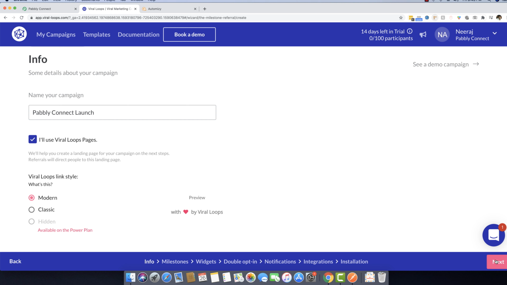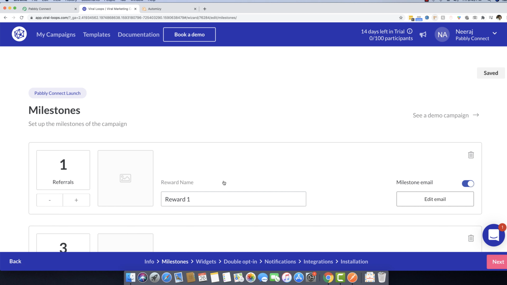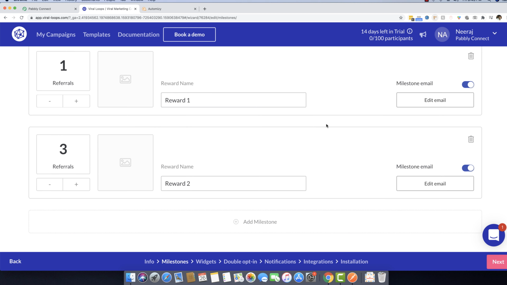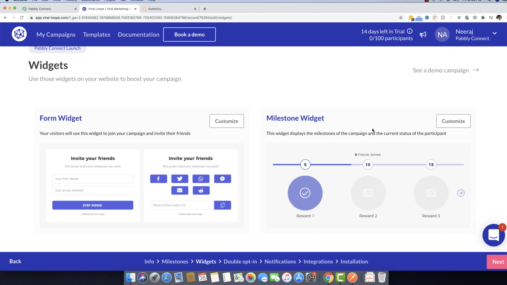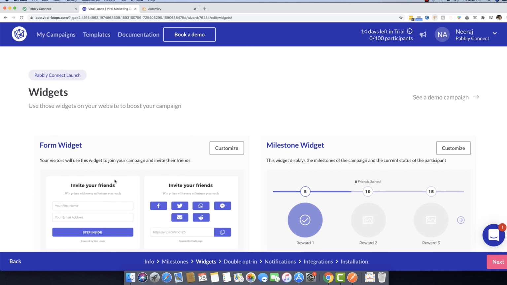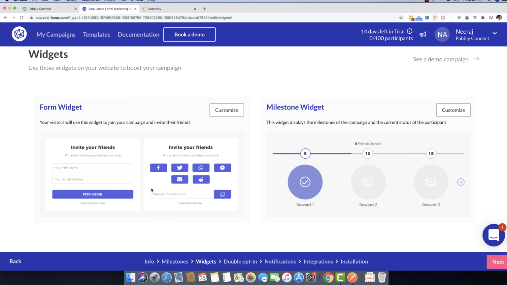After this, I will just click on next and you can see there is a different setting for milestone. Because I'm not interested in setting up milestone right now, I'm just going to keep it as default, whatever it is giving me, and click on next. Now it is giving me multiple widgets and I can see all the widgets that I'm going to get.